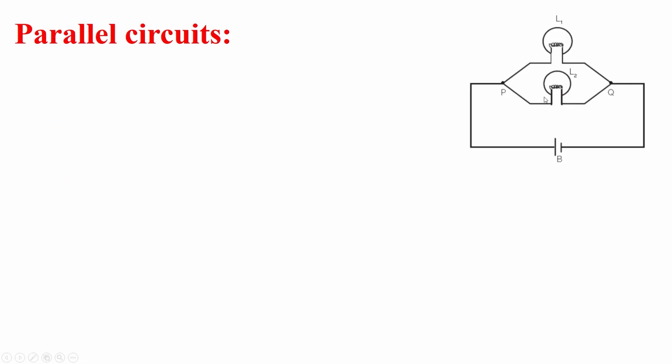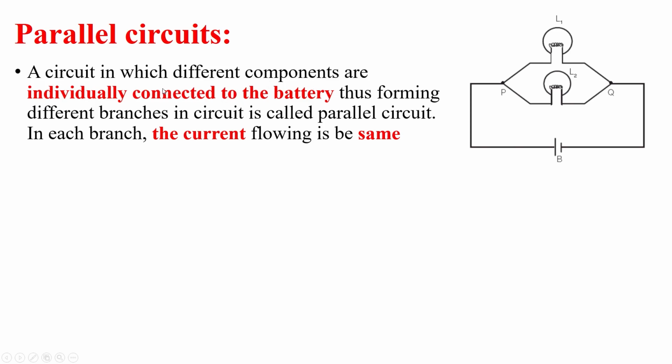Parallel circuit, you can see over here, each component of the circuit is individually connected with the voltage. This is the voltage source of the current, and each component, like you can see over here, has the same voltage moving across it. So a circuit in which different components are individually connected to the battery, thus forming different branches in the circuit, is called a parallel circuit. In each branch, the current flow will be